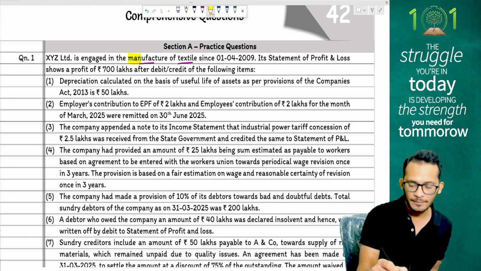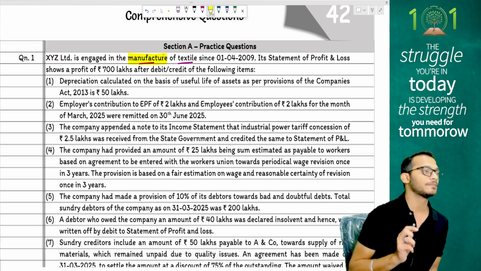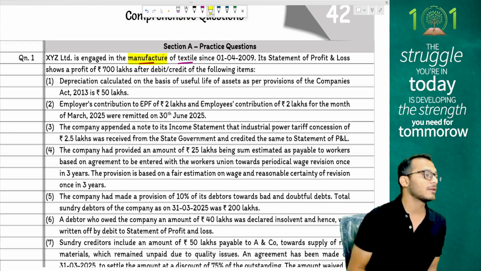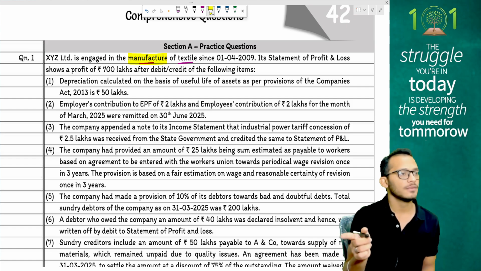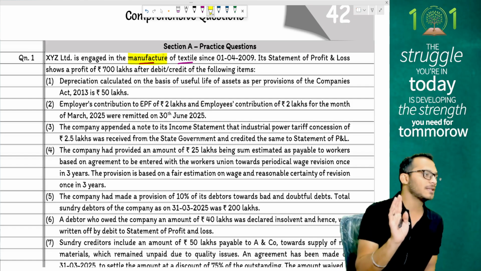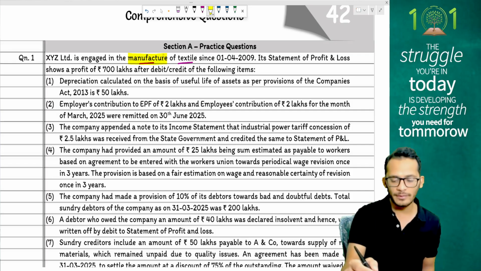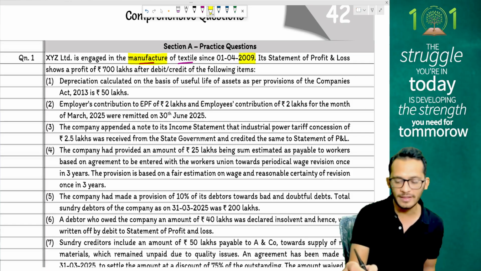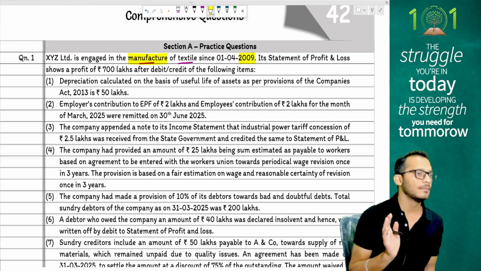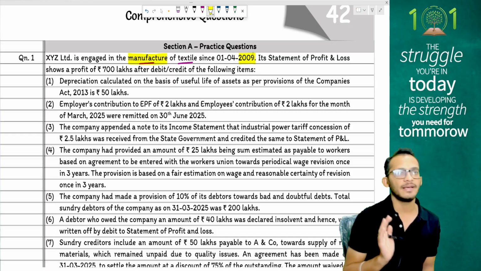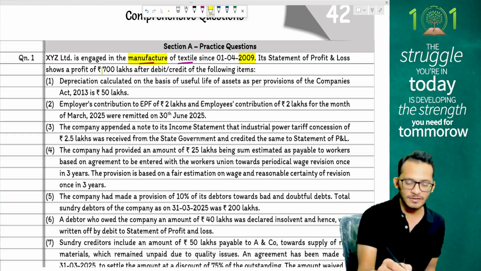I have additional depreciation coming in, provided the question says I am not going for the special tax regime. If I'm going for the special tax regime, then I will have an option to choose 115BAA or BAB. But the problem is the question says the manufacture is happening from 2009, which means I can only do BAA. Yes or no? Yes.